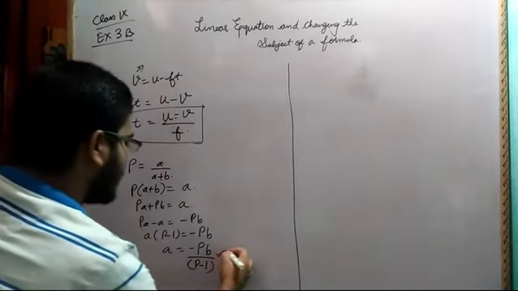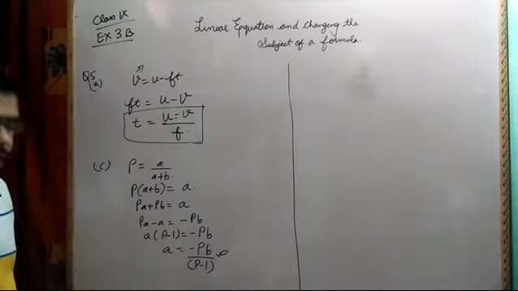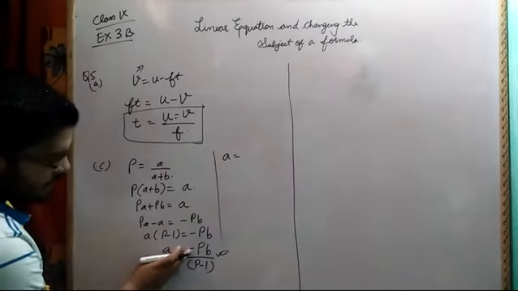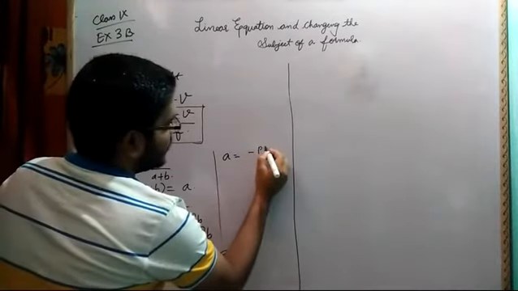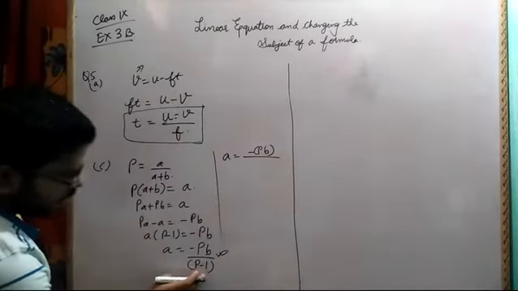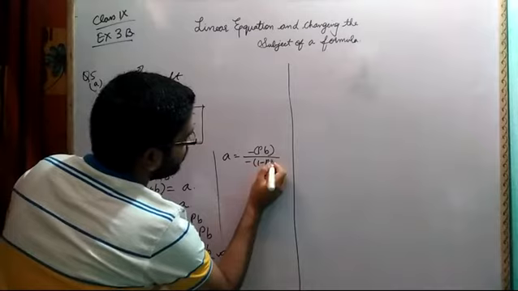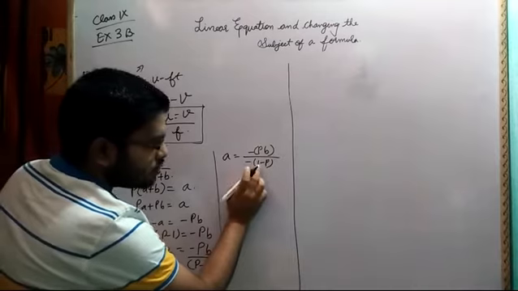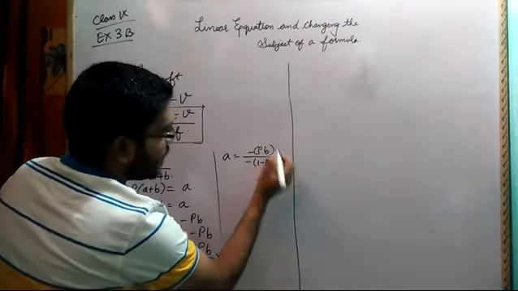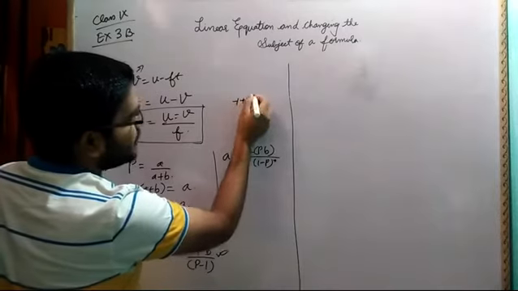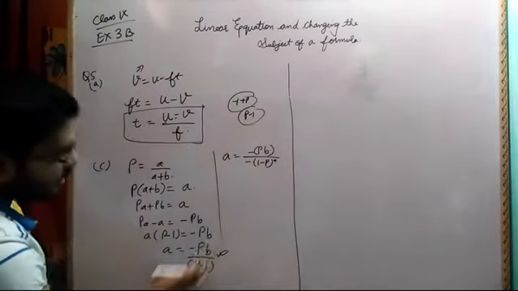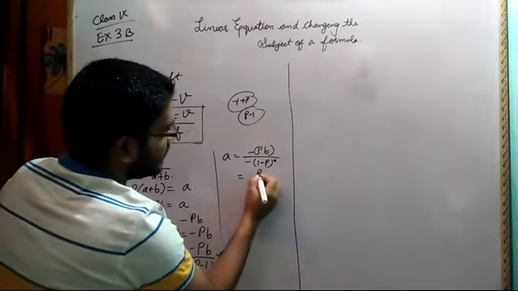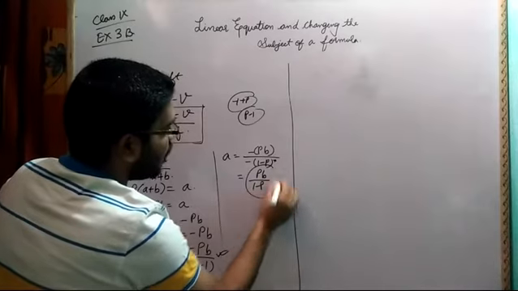Now if you leave the answer up to here, then also your answer is correct. But according to the book, what is given is A is equal to, here we are having minus, right? I will write minus only, don't worry. Now if I want, can I write it like this? P minus 1 can be written as minus outside, 1 minus P, minus into minus. If I open this, it will become minus 1 plus P, which means P minus 1 only. So what I have done is taken out minus common, so that minus minus I can cancel. Finally our answer will be PB upon 1 minus P according to the book.